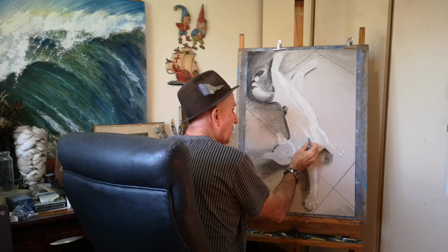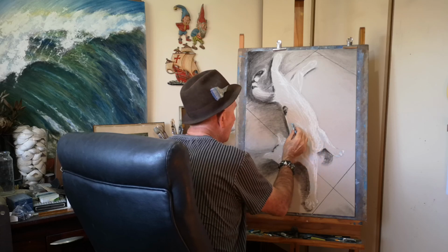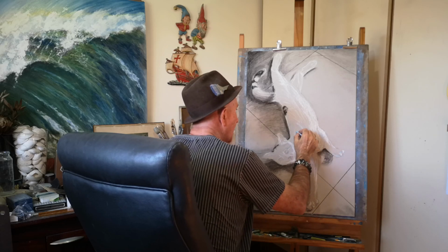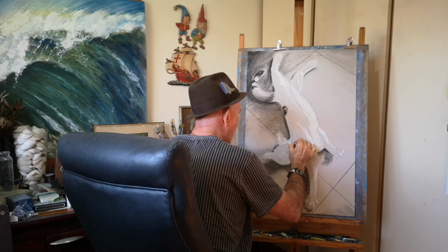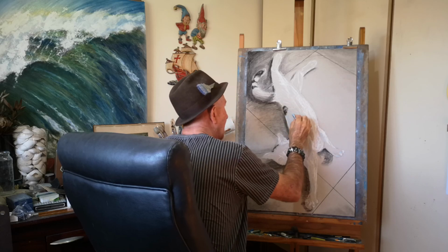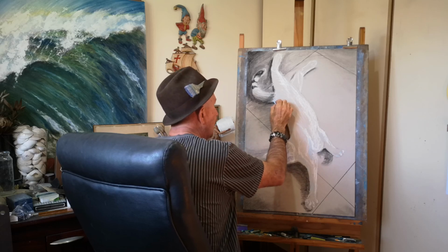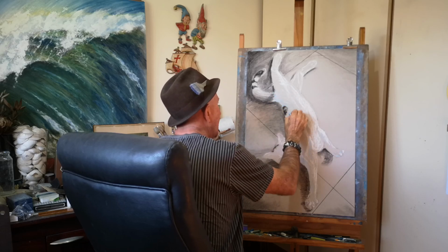Sage's fur is very reflective, being this powdery white, however, in the shadow areas you get this almost luminescence, and I just want to work with that, and I want to loosen up with this piece. So I want it to be kind of line. I want a lot of line work to bring this piece together, rather than